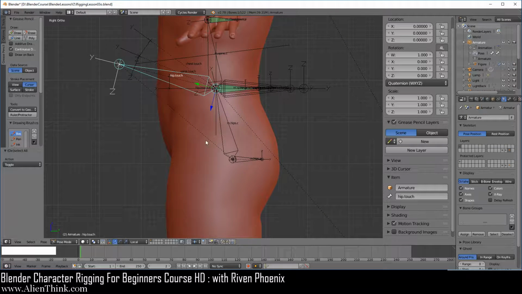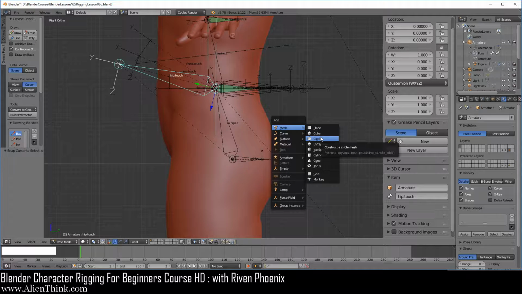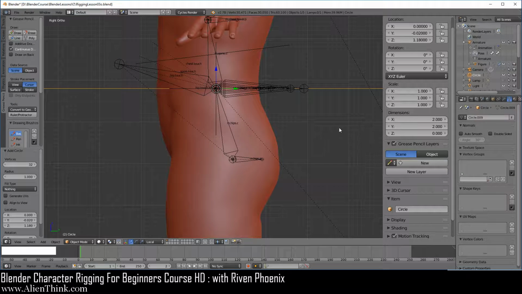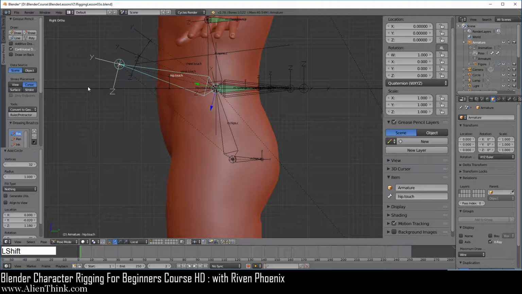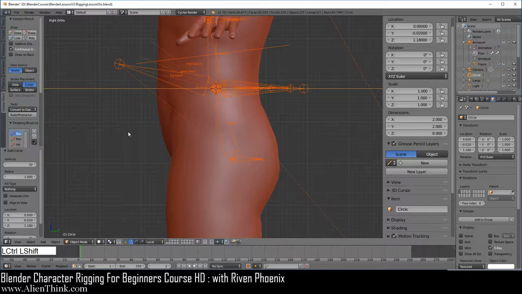we want to actually put it where the hips are over here. So again, just do Shift S, do cursor to selected, do Shift A. Here we're just going to add a circle. Go to the Object tab, make sure that the X-ray is on. Go ahead and click on the hip.touch, press the Shift key down, click on the circle, do Shift Control C,